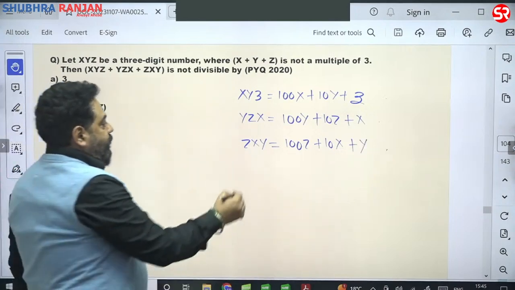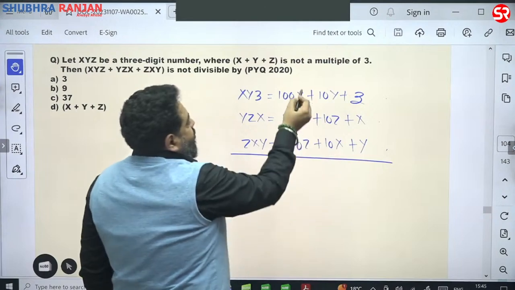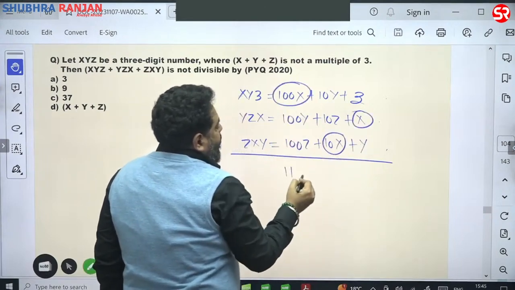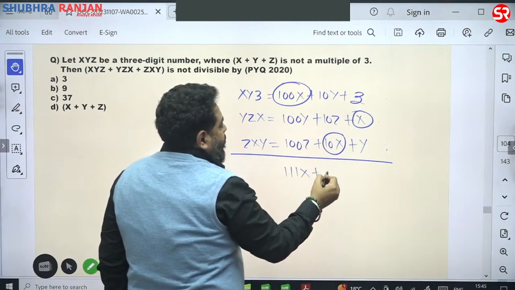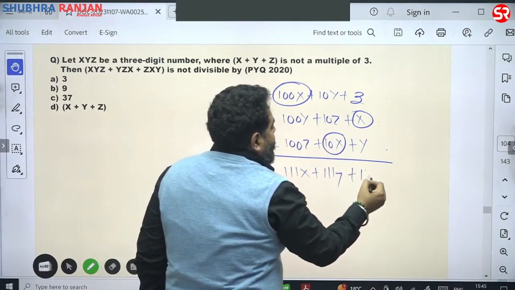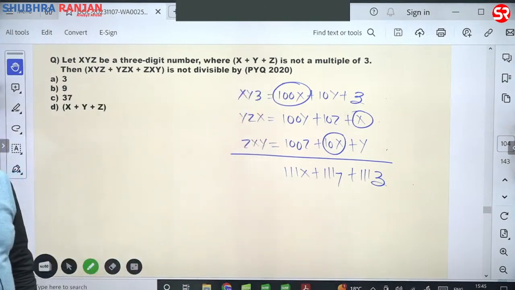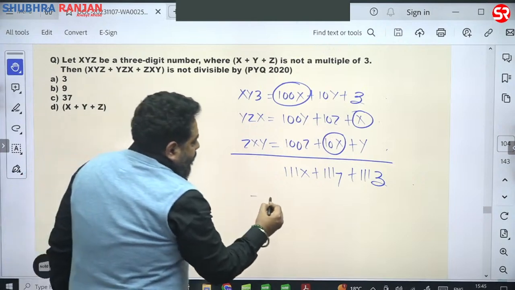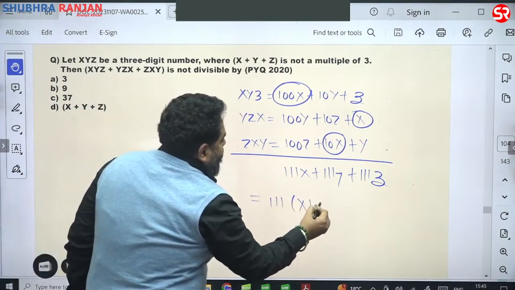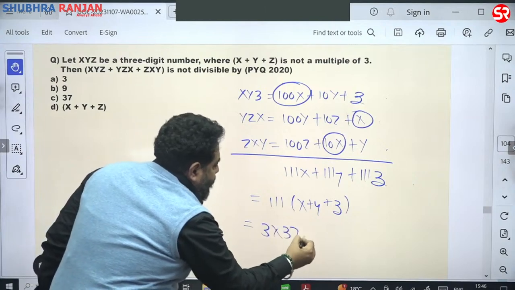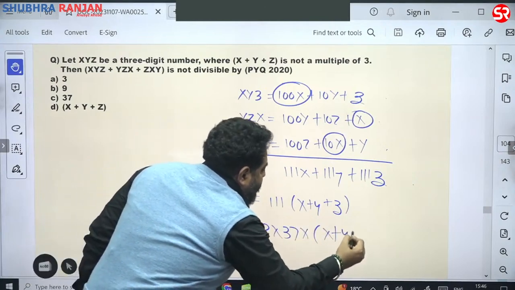If you add these three, see 100x, x 100, it is 111 times x plus 111 times y plus 111 times z, which is 111 times x plus y plus z, which is 3 into 37 into x plus y plus z,